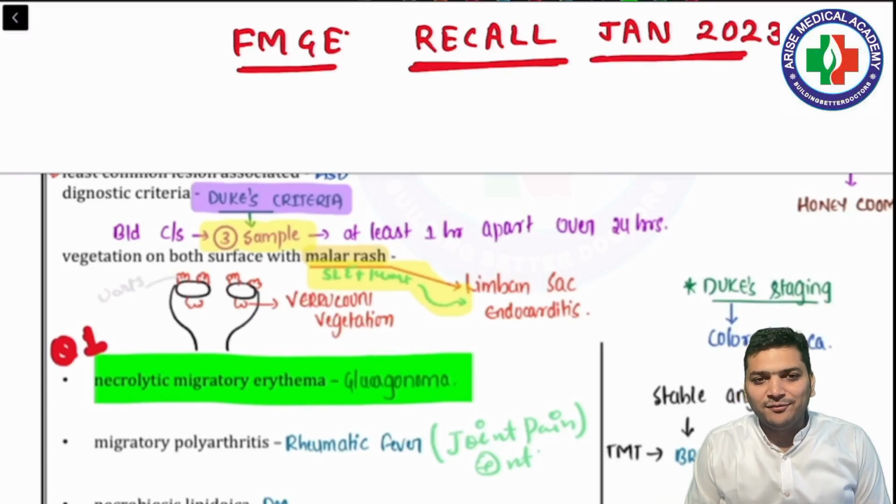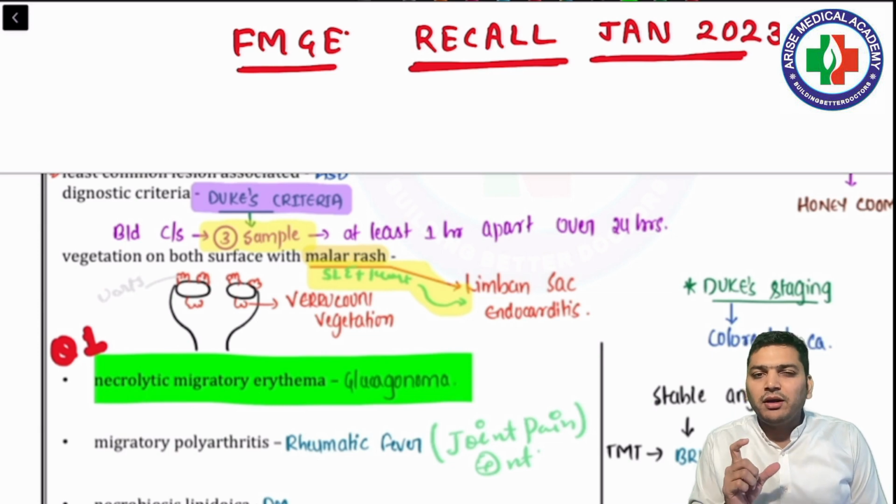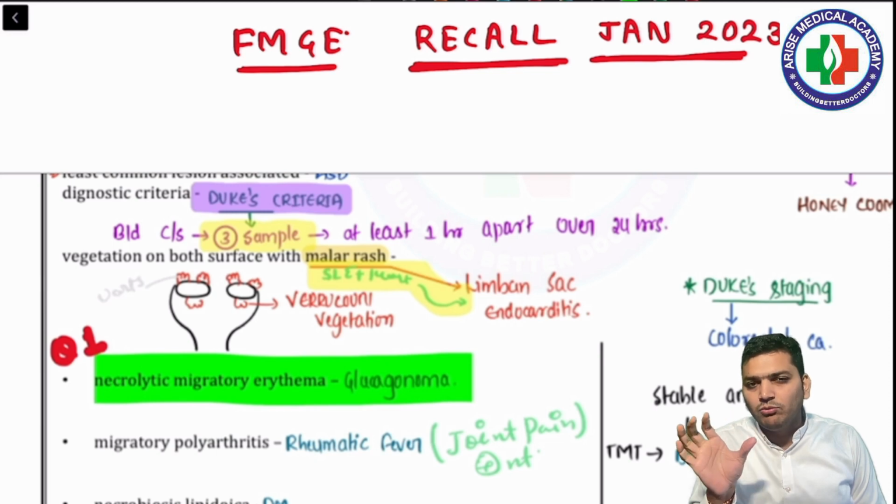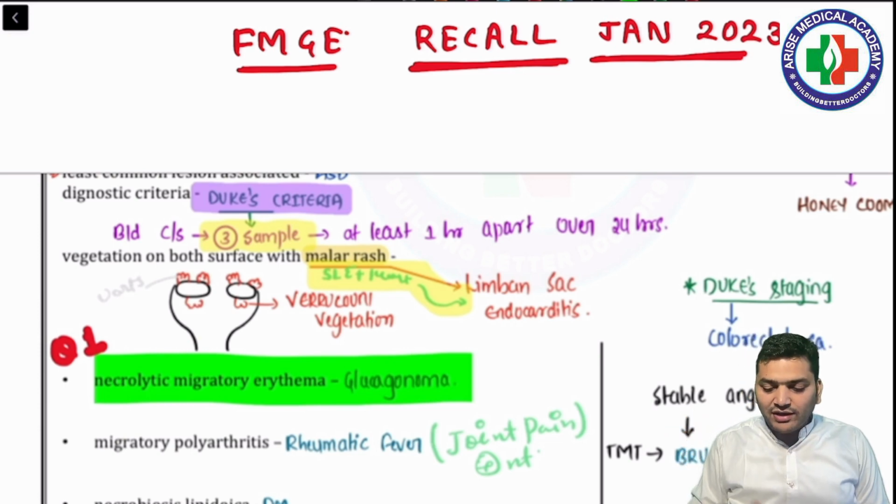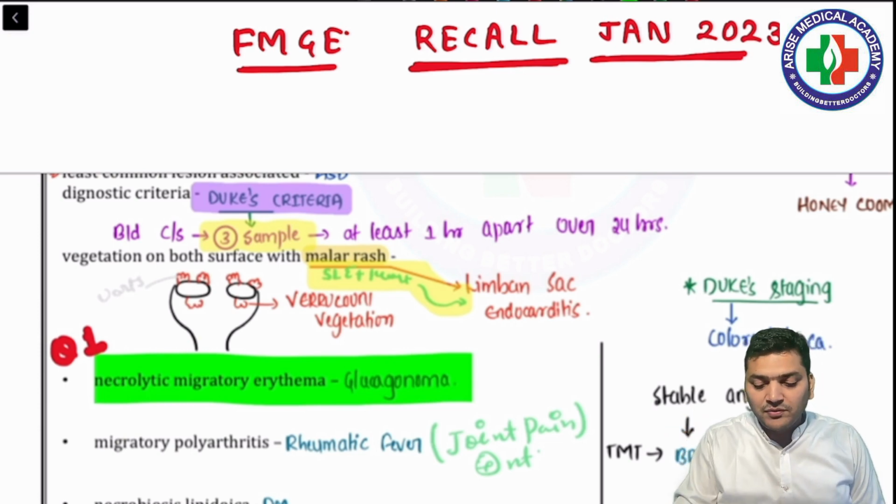Hello students, let's quickly review the questions that came in June 2023. Now the first part was more of one-liners and the second part was a little lengthy, but at the same time, if you see the questions, almost most of the MCQs had some keywords that were directly heading towards the answer, right? So let's quickly recall the questions that came in the exam.